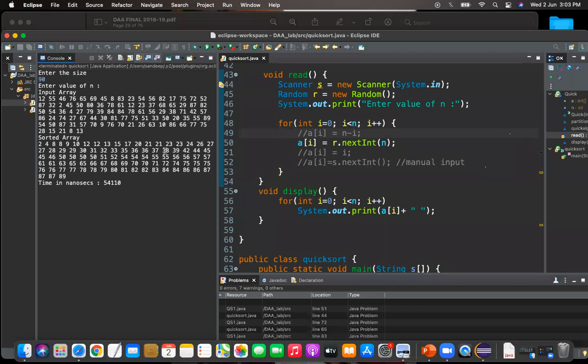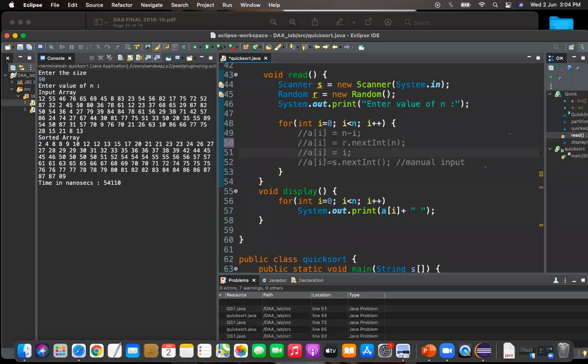What is this case? Okay, input is random. If you observe the array here, input elements are random here. Is it best case or average case? Input elements are random here and array is sorted. Okay, in quicksort, if input elements are random, is it okay? Then what is the best case? If this is the average case, then what is the best case? What is the best case? Best case scenario for quicksort.